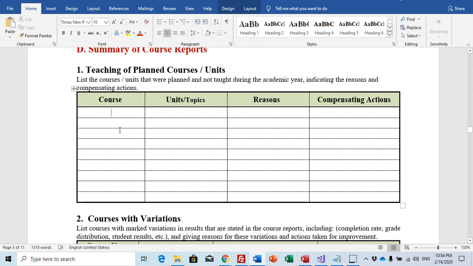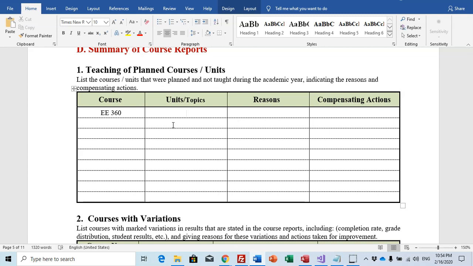So if you have 45 courses, and for example 5 courses have some units or topics that were not taught. Okay, for example, I have EE360. What are the topics uncovered? This is only an example.